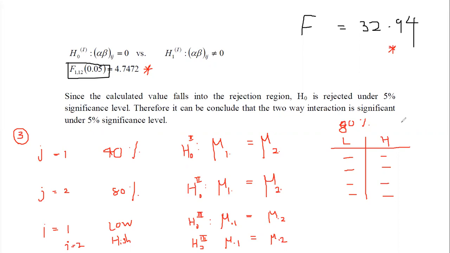Then after finishing this, repeat this for 80% by considering low and high temperature for the 80% humidity. And then in the vice versa also, you have to do it. It means that first select the low temperature, and then for 40% humidity and 80% humidity you are testing. For each of these, you may have 4 values. Here also, you may have 4 values. After finishing for low temperature level, you have to repeat it for the high temperature level.